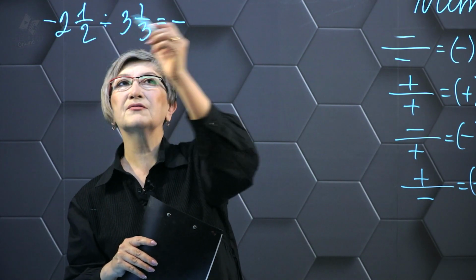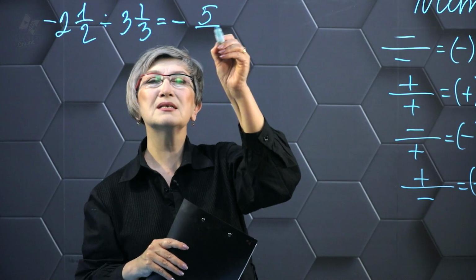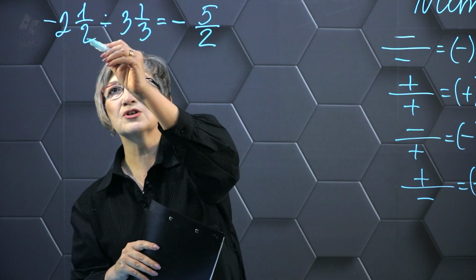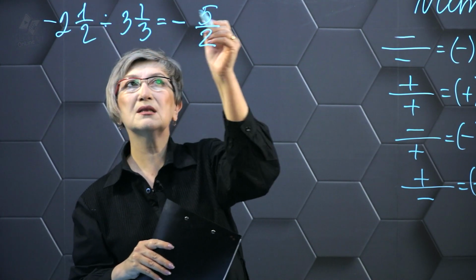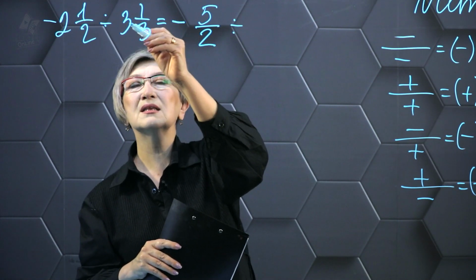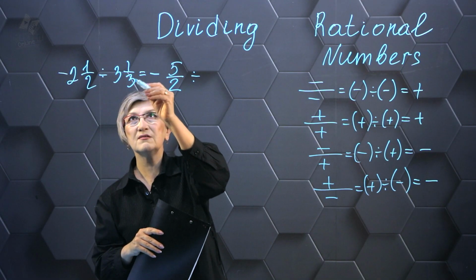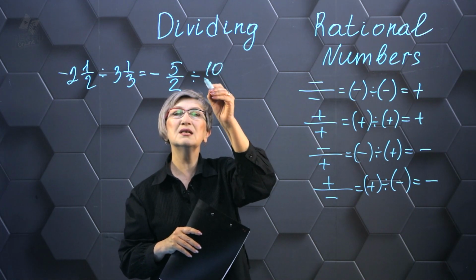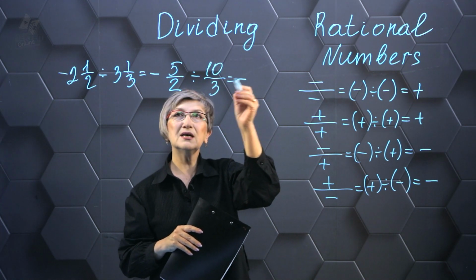2 whole 1 second is 5 seconds: 2 times 2 is 4, plus 1 is 5. Minus 5 seconds divided by 3 whole 1/3: 3 times 3 is 9, plus 1 is 10. Divided by 10/3. The result is minus 5